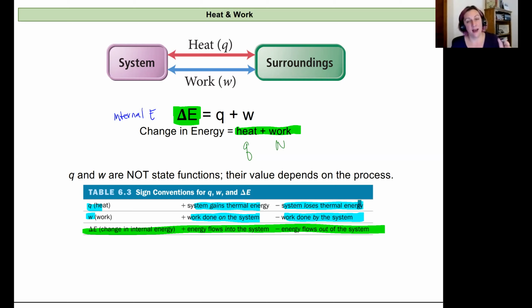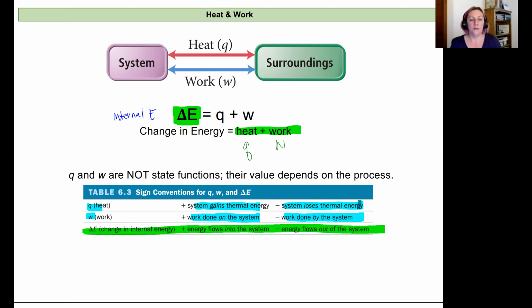And this means that it's always from the perspective of the system. The work being done on the system is the surroundings, let's say, pushing on the system if there's gas evolving or being consumed. But if the system is doing the work, it'll push against the surroundings, is a way to think of it. And so we have signs for these, plus and minus, that we're going to attach to whether things are going in or out based on the system. And so defining the system versus the surroundings becomes key in understanding if something has a positive or negative symbol associated with it when you're trying to quantify heat or work or energy.